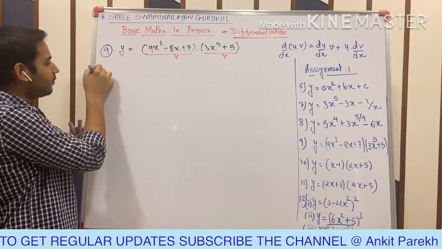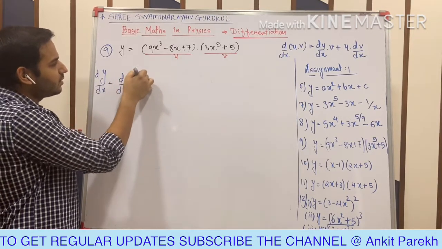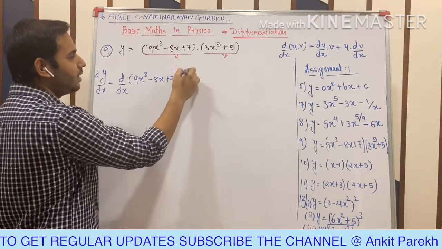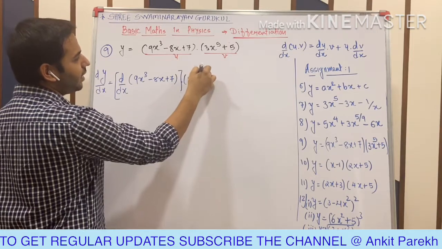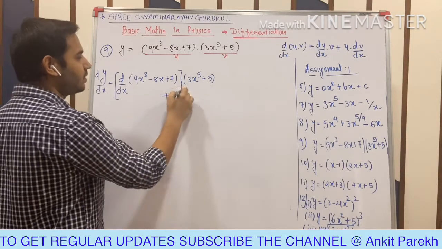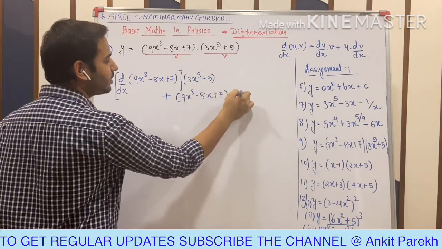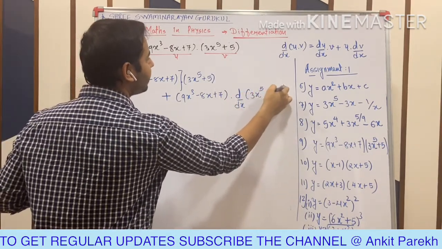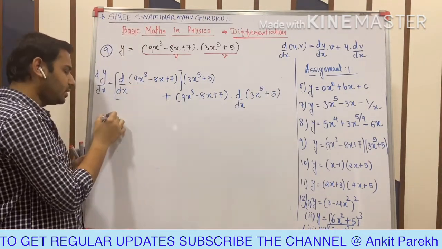So differentiation of first, d by dx of this 9x cube minus 8x plus 7, and keep the second bracket as it is, then plus sign 9x cube minus 8x plus 7, the first bracket as it is, and differentiation of the second one, 3x to the power 5 plus 5. So now differentiation of this, 3 9s are